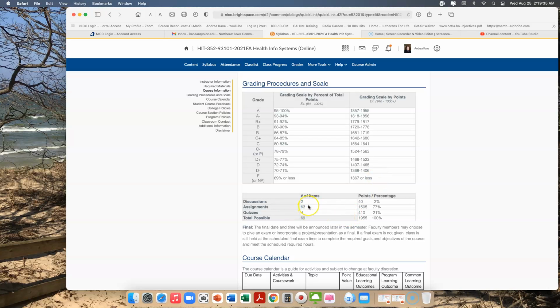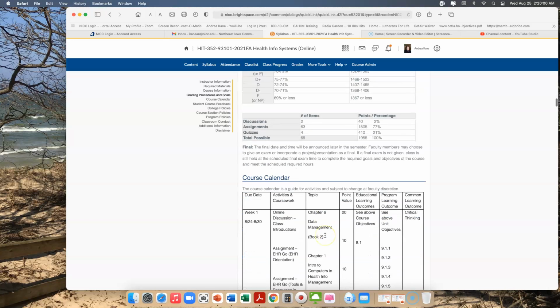In this class, you will have 2 discussions, week 1 and week 16, worth 40 points or 2% of your grade. You'll have 63 assignments, which is worth 1,505 points or 77% of the class. You'll have 4 quizzes worth 410 points, or 21% of your grade. That totals up to 69 possible items,